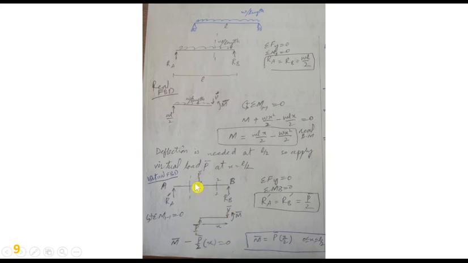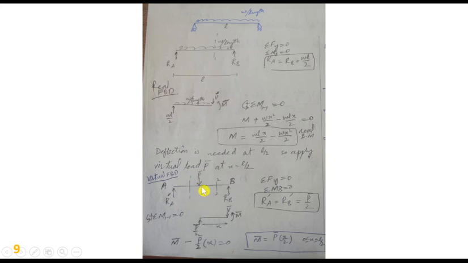And due to this, P bar Ra prime is P bar by 2, so that is written here. So V bar, M bar, again applying the same equation for this section, the summation of all moments at one should be 0, the condition of equilibrium. So M bar is equal to P bar x by 2, and it is valid from 0 to half of the length, where the load is applied.